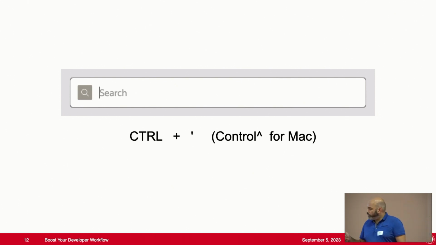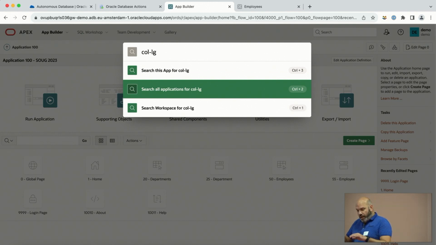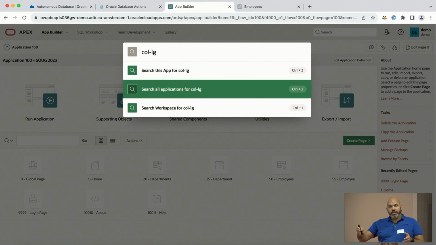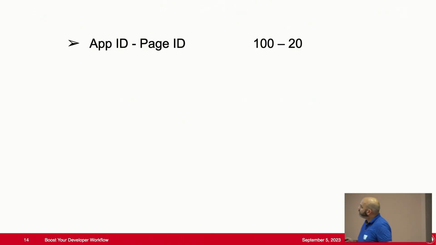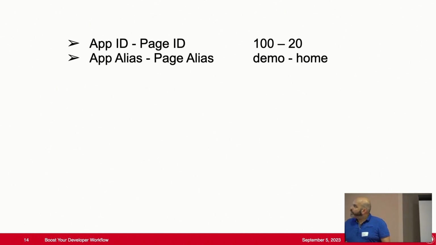What it's often used for is when I activate the Spotlight search, and I'm typing, in this case, I want to know whether a certain string is being used somewhere in all of my applications, and I'm searching for that, and I'm getting a result set, clicking through it, etc. But I can also use it to navigate, because I can use, in this case, an application ID or page ID, in this case 120. That's what I often know. I know my application number, I know my page number. Or application aliases and page aliases,